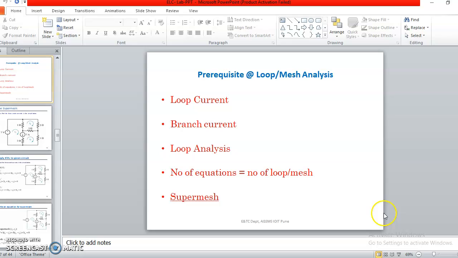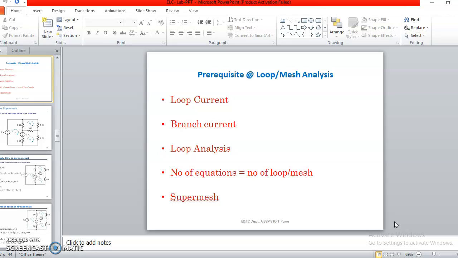Next, what is meant by loop analysis? Loop analysis is a method where we find the loop equations and solve them simultaneously. This method is useful for circuits that have many nodes and loops.